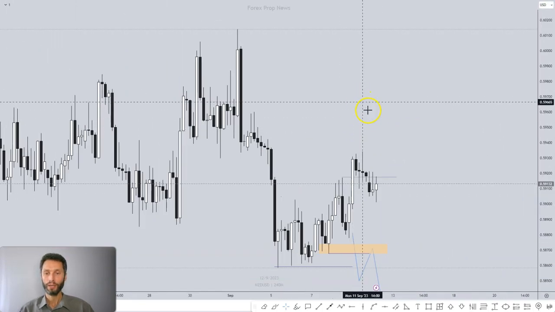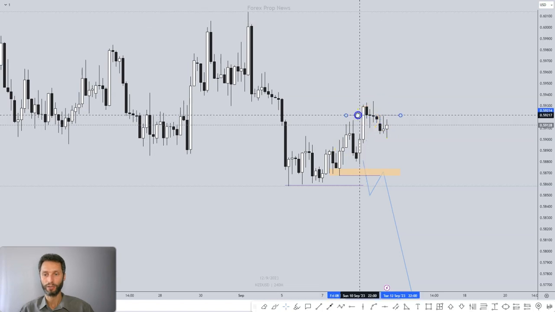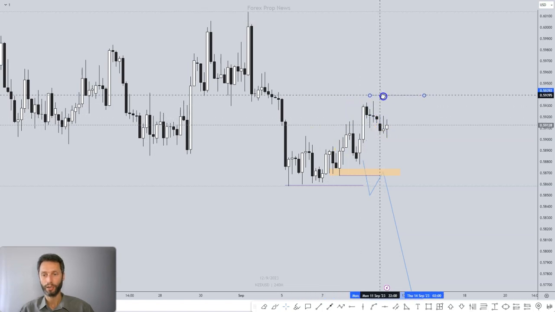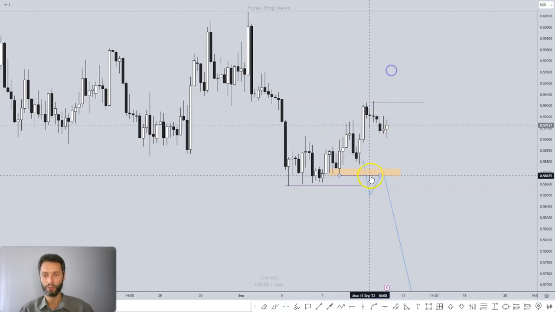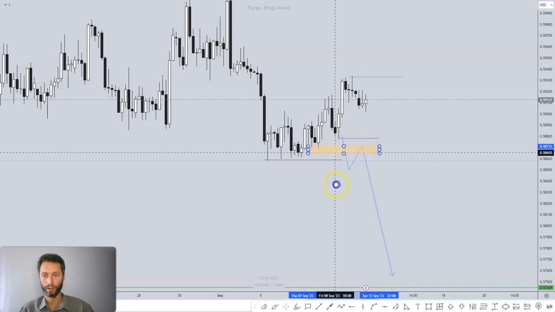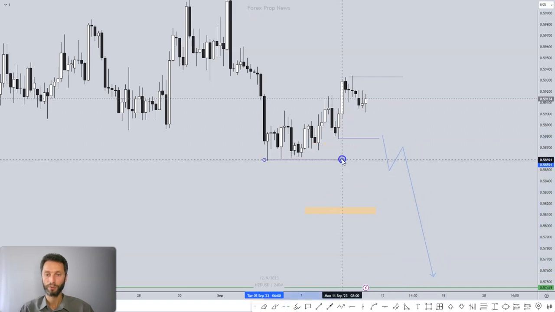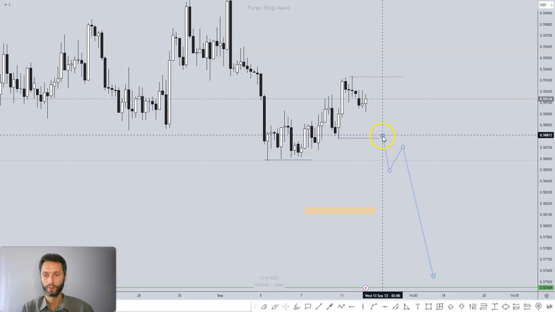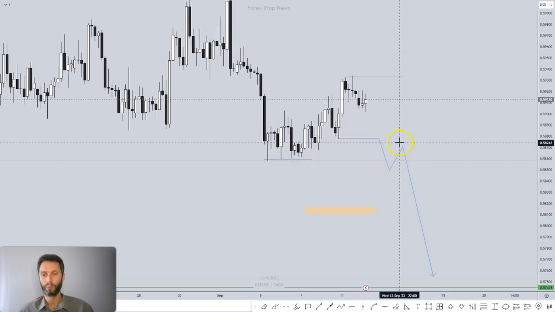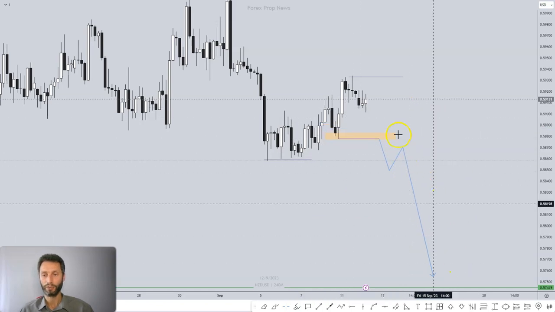New Zealand dollar, similarly, we have broken through that structure over here, coming back down, and now we are back into an uncertain phase. So the question is, is this a new high, or is this a new swing and invalidation point? Well, what we want to see is a break of a low, and this was the last low. And what we'll have is a break of this low, pull back to a better price, and then we will have a level to look at, pull back, and then continue to the downside.